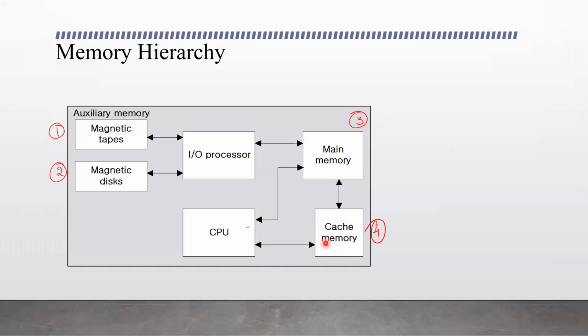Cache memory has very little storage. Generally the part of the programs that are executed or repeated many times, or even the data that is currently being executed and most often needed, that is frequently used, is stored in a high-speed memory so it is easy for the processor to access it faster. So such programs and data are stored in cache memory.